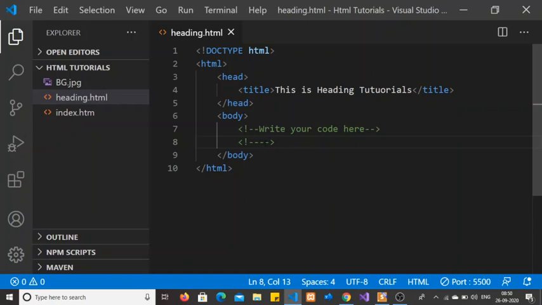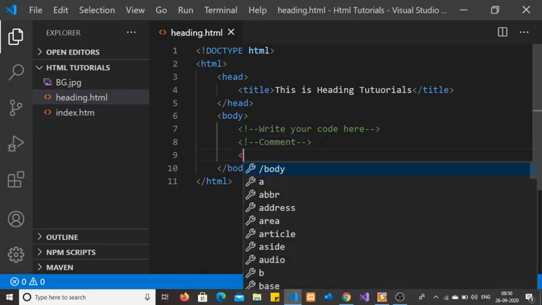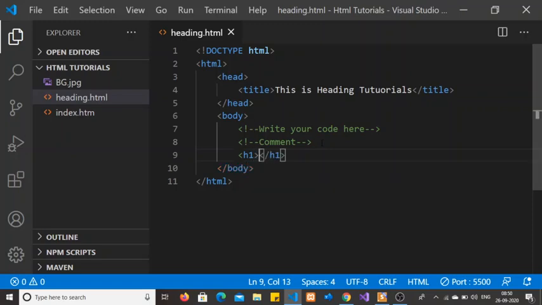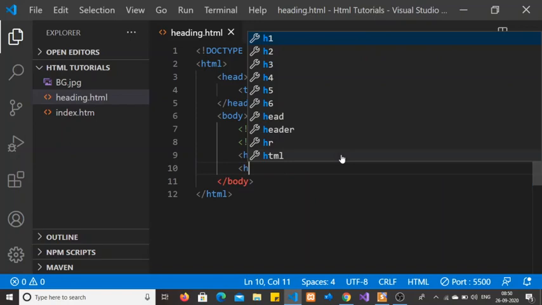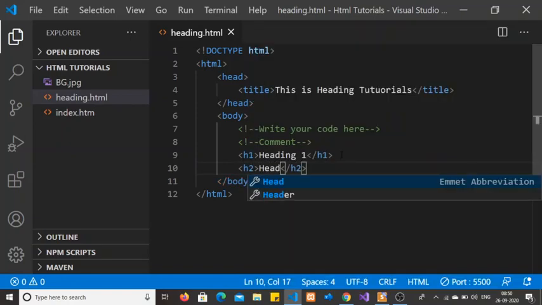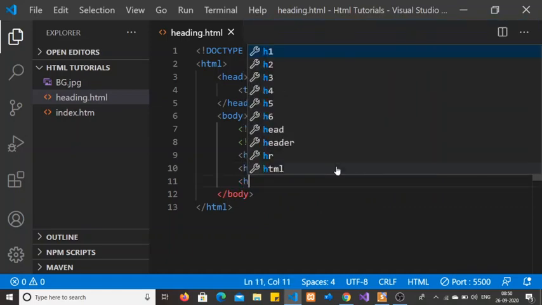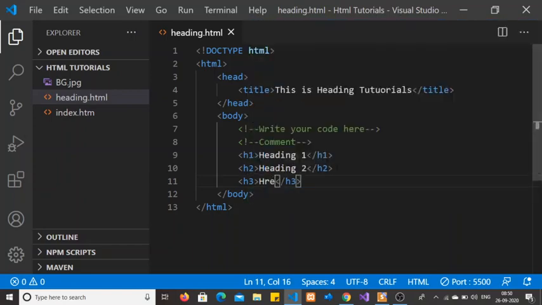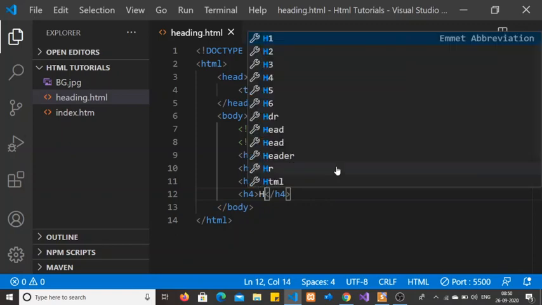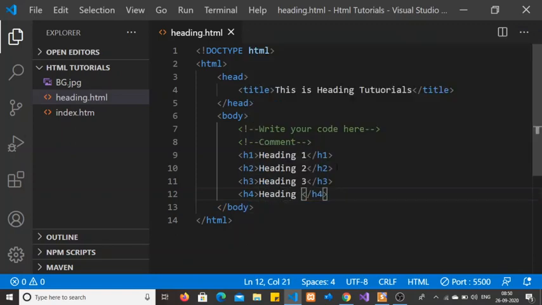Okay, comment. I'm going to write h1, heading 1, h2, heading 2, heading 3, heading 4.